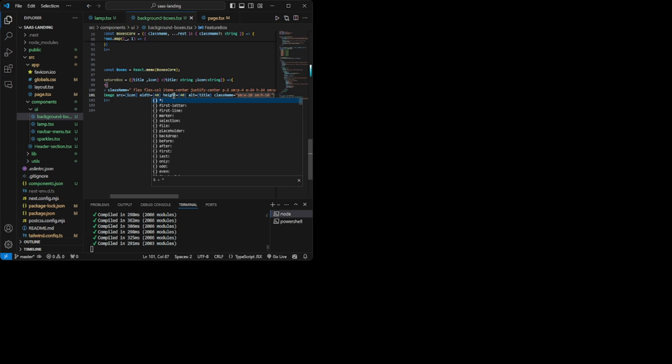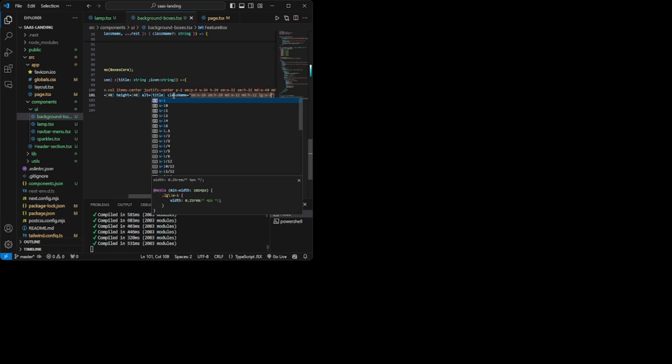Now I'm going to give the responsiveness of medium devices. Medium, it will be width 12. Then medium again, it will be height 12. Then the large device, W16.